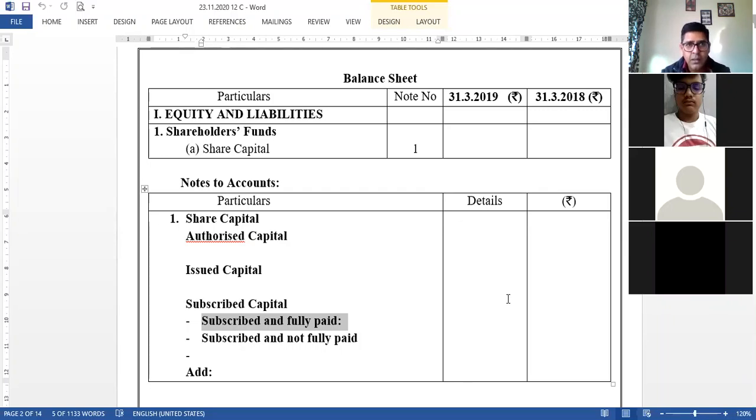Second is the amount called has been received by the company. How much did the company call? The full nominal value, face value, 10 rupees. The full value was received, 10 rupees received, yes. So these are the two conditions. If these conditions are fulfilled, then and then only the amount has to be categorized under this head, that is